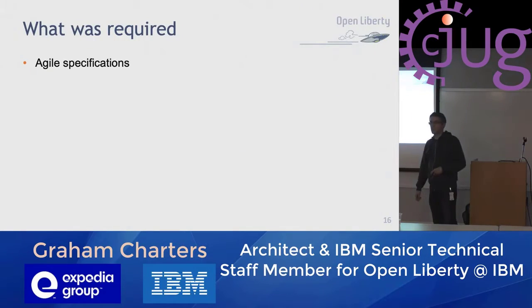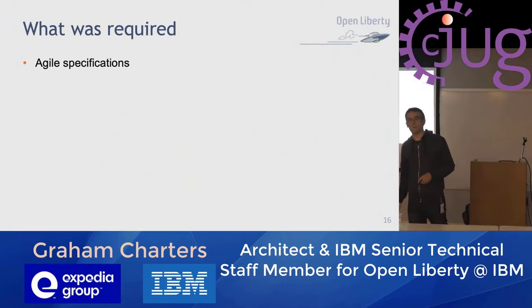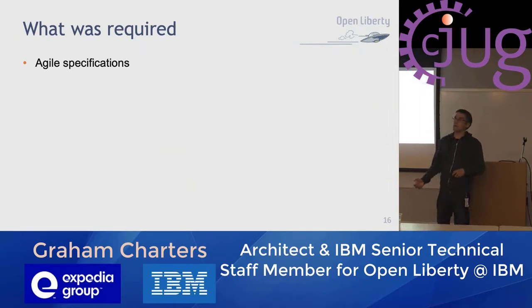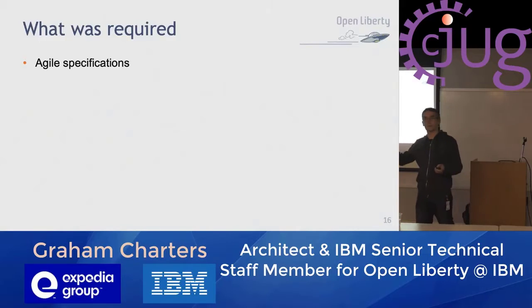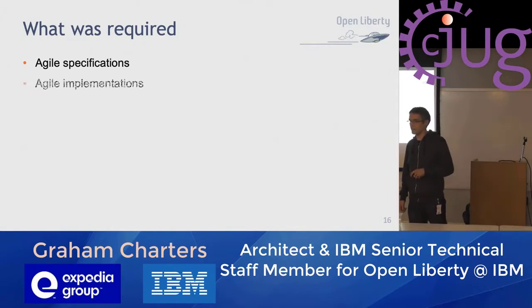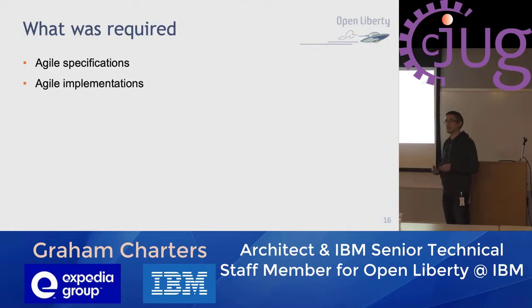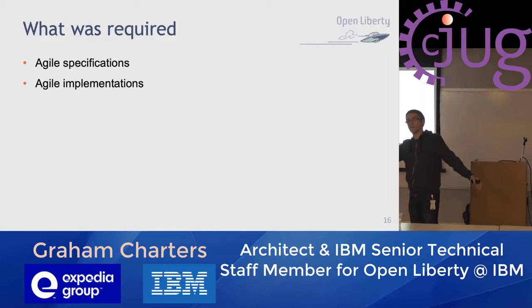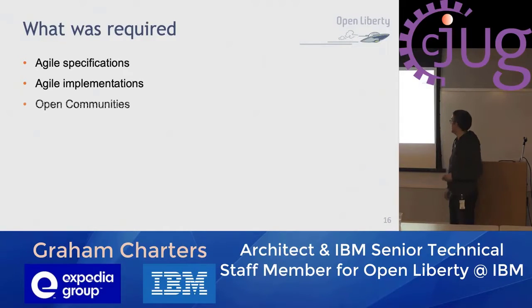And in terms of a few requirements, well, we needed a way of delivering agile specifications. If you think back to the Java EE specification process and that original slide, we were talking about years between spec deliveries, platform deliveries. So we need to be able to deliver specifications in an agile way. The implementations need to be delivered in an agile way. There's no point delivering a new specification if you then need to wait a year before implementations come out.